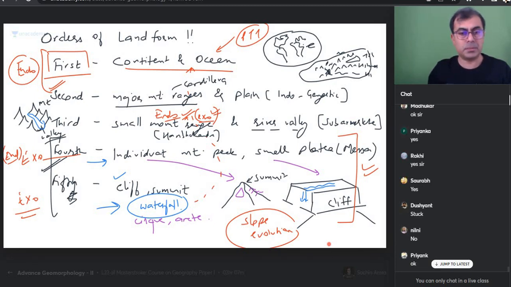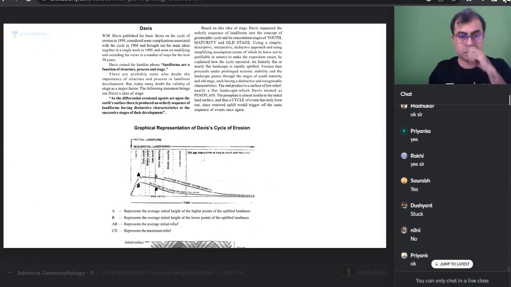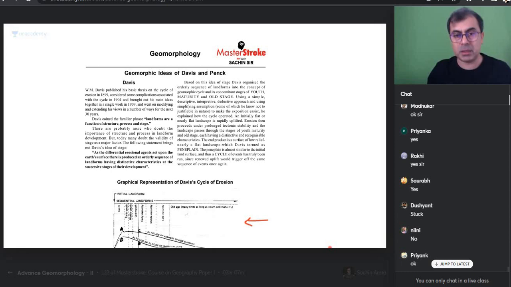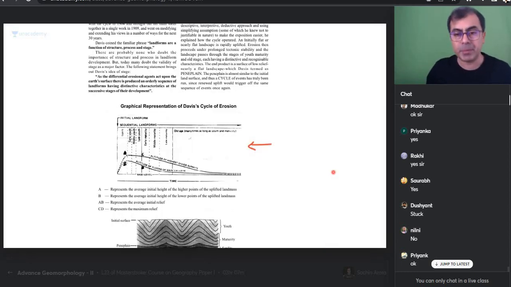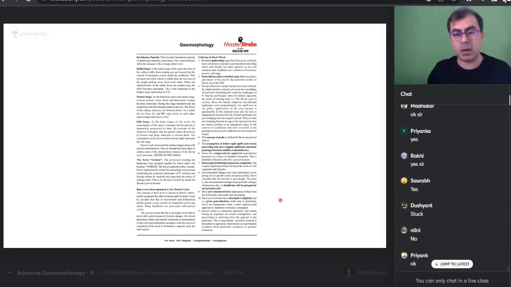So, cycle of erosion. Now these are also given in the dictionary. These figures are also given in the dictionary if you have the Penguin dictionary. Otherwise हमने dictionary से भी diagram लिया है. People who don't have dictionary उनके लिए भी ये यहाँ पर है. So this material about the Davisian cycle,